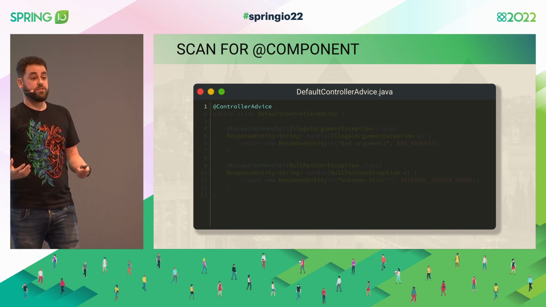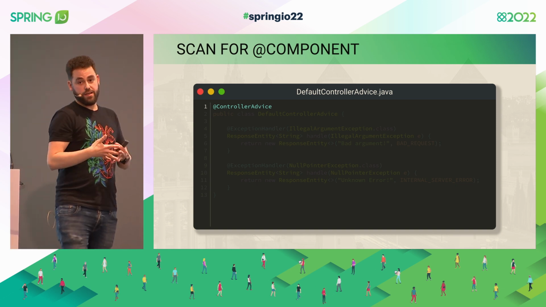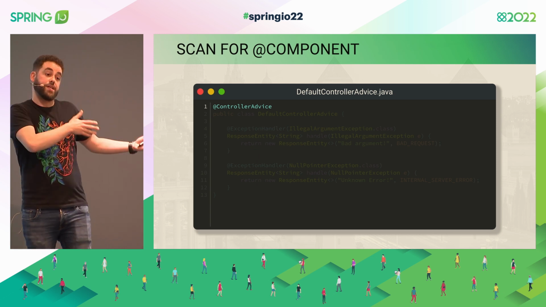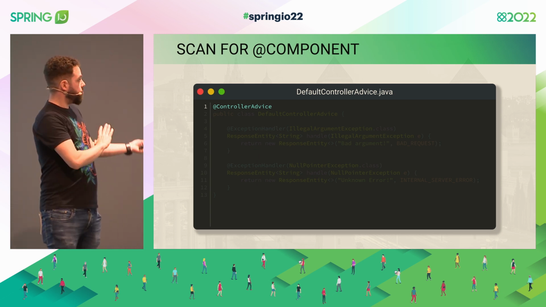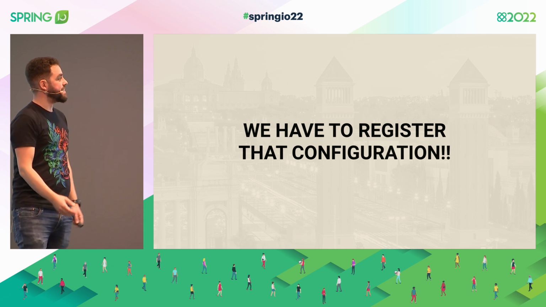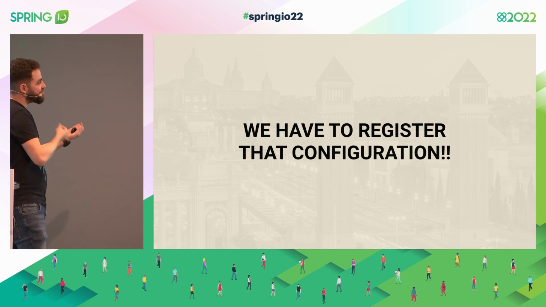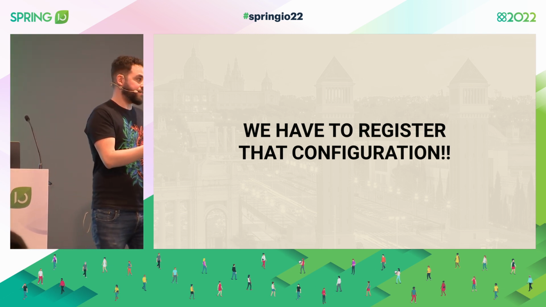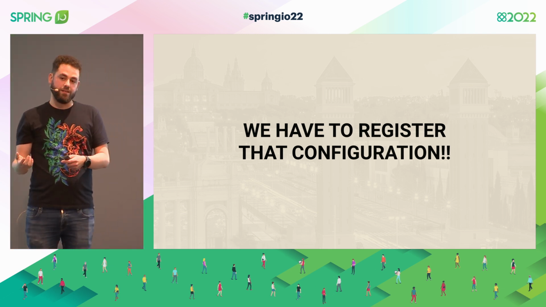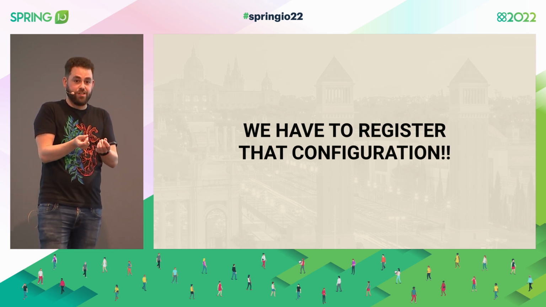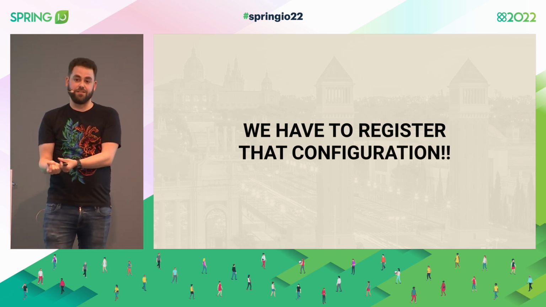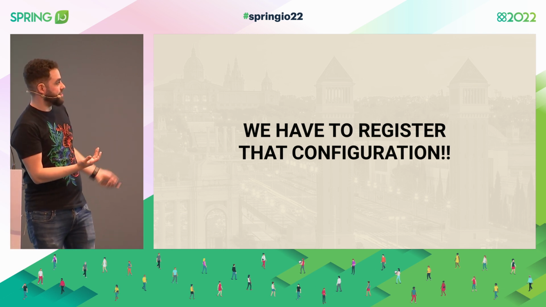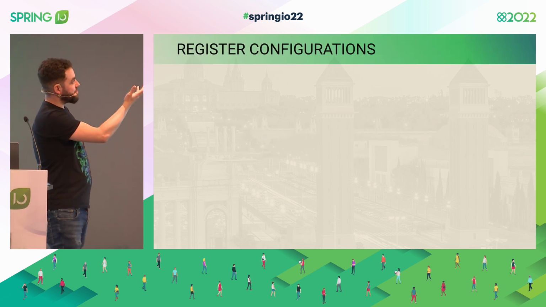So for example, we can use this to provide our own ControllerAdvice. That will be the class that is intercepting the outgoing exceptions and converting them into our standardized response in this case. So again, we're getting there, right? But another issue, and we're starting to run into more and more issues, right? We saw that both @ComponentScan and @Bean just rely on a configuration already being added to the application context. But we have no control over that application, so we just cannot register it. So how can we register configurations?